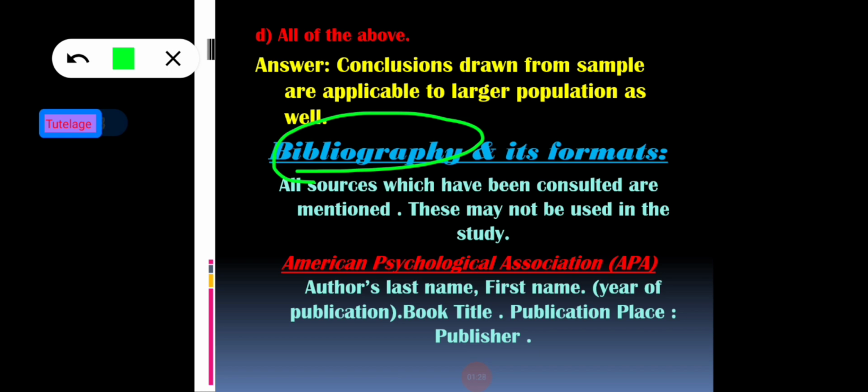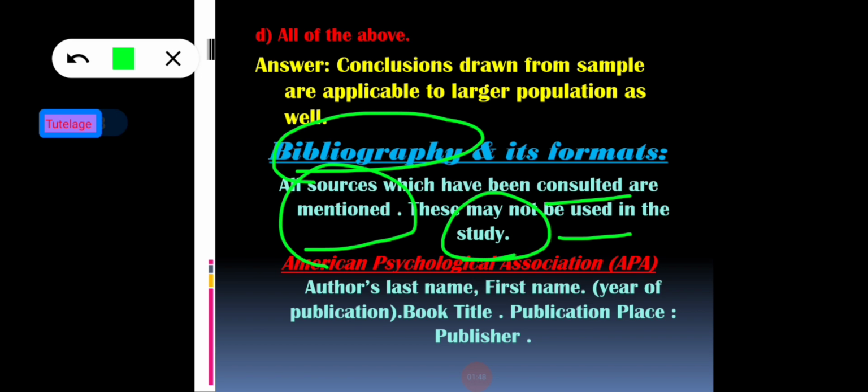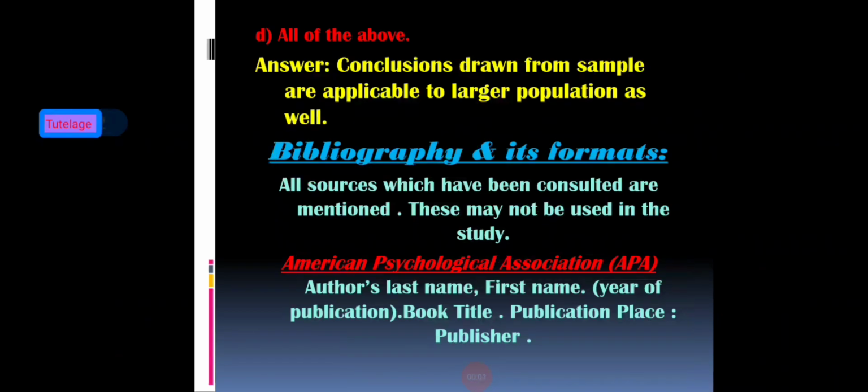Okay, so bibliography indicates all sources which have been consulted are mentioned. These may not be used in the research study, but which have been consulted are mentioned. So those are included in the bibliography section. And bibliography is one of the most important sections of thesis writing or dissertation writing. Clear? And bibliography has some different formats, but